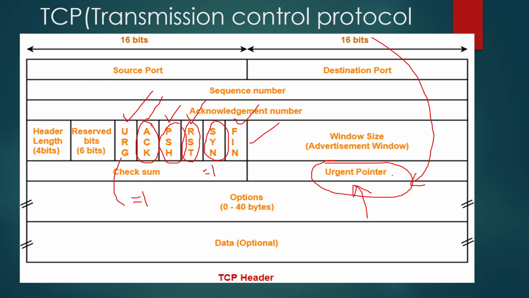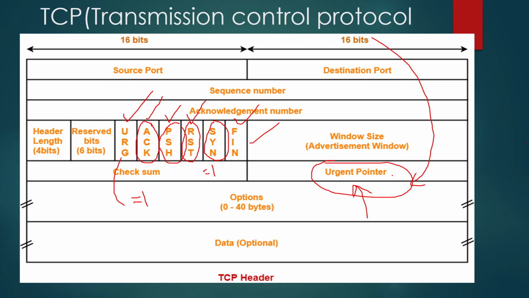Ramesh garu, what is the difference between the urgent and push flag? Both are requests. The push flag is used in remote connections. Urgent is for a different application purpose. The push flag doesn't have any storage, but for the urgent pointer we have a field here. It will store some data. So if urgent is set to 1, whatever data it stores in the urgent pointer will go to the application.